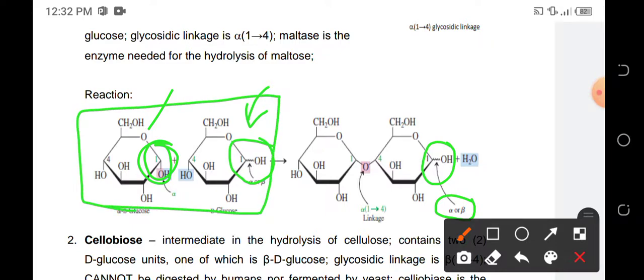So, therefore, the possibility for an anomeric maltose or anomeric disaccharide in the form of alpha and beta is possible to exist. Kasi ito pwede pa rin siya oriented above, so that would be beta, or it could be oriented